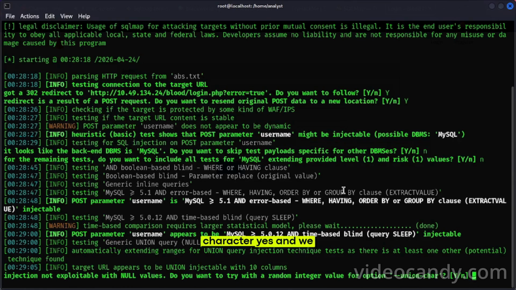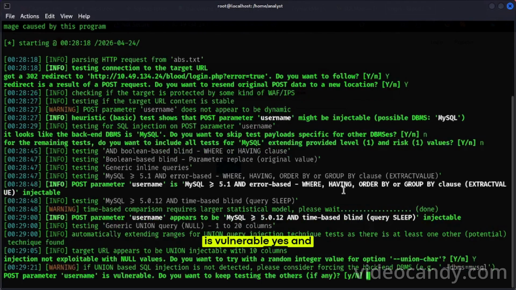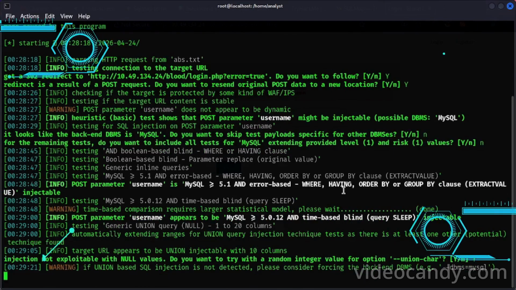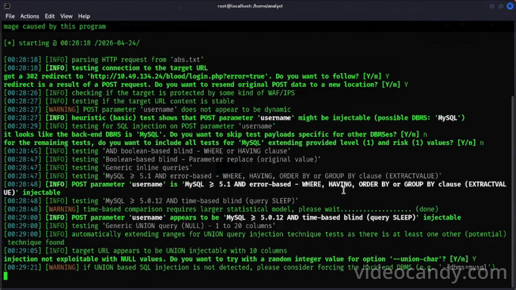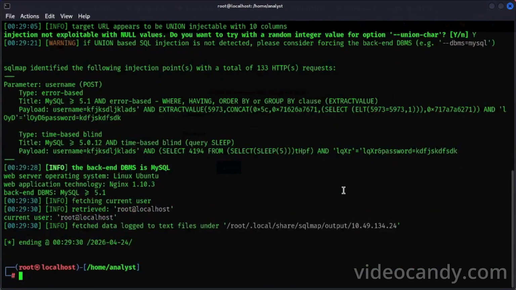UNION character, yes, and username is vulnerable, yes, and we got the username root@localhost.